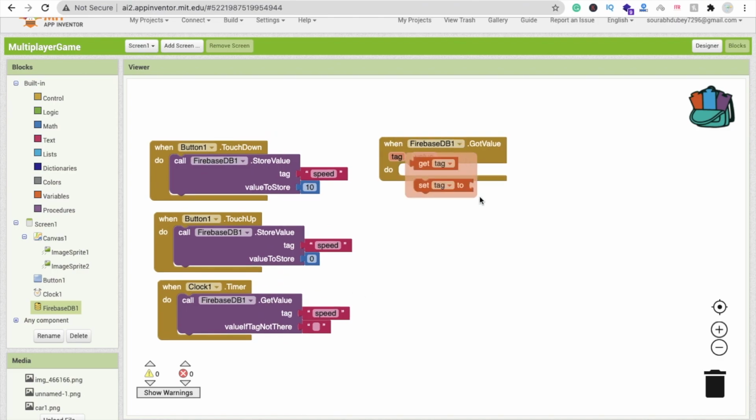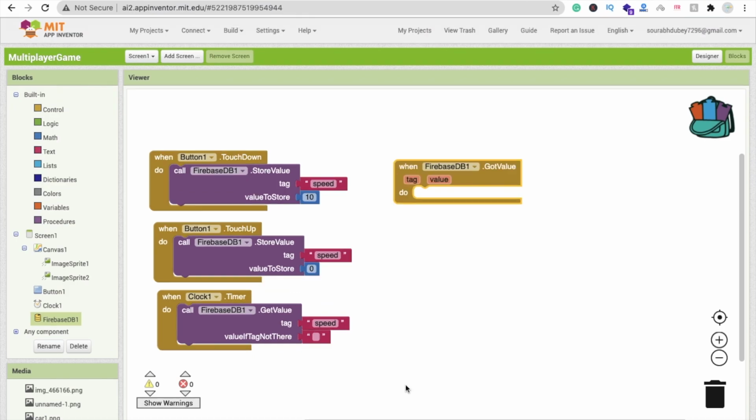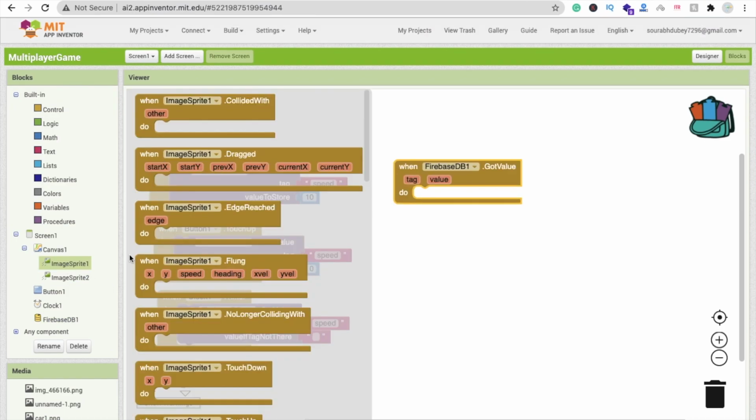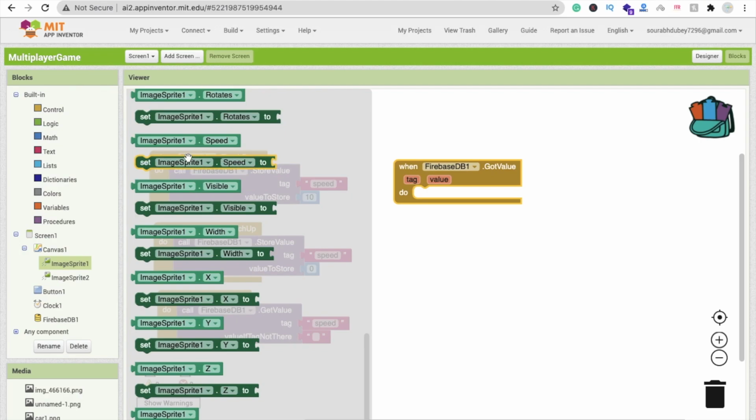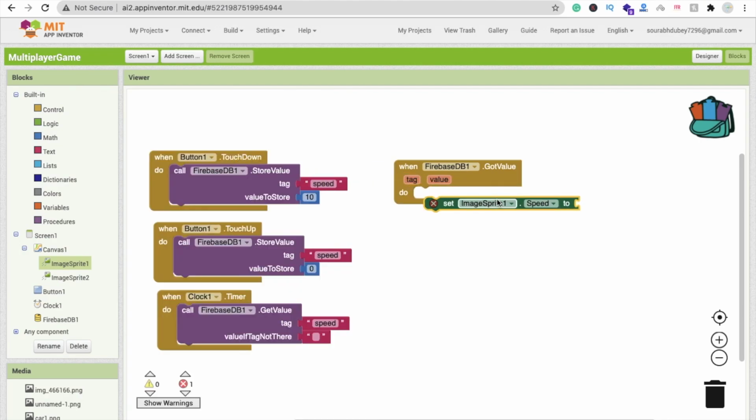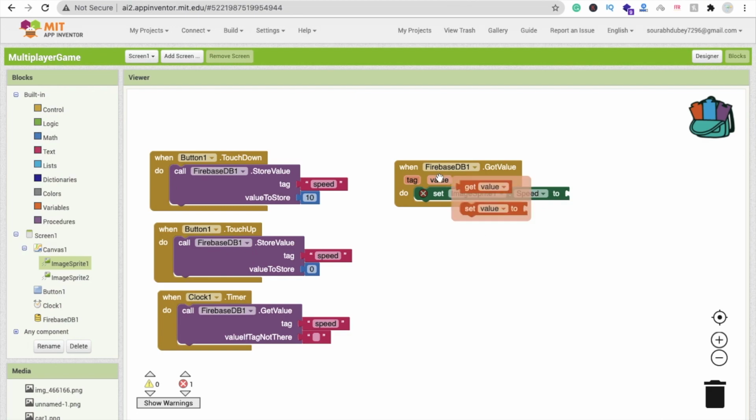Okay, so whenever Firebase TV got value, then we have to set this image split one dot speed. This should be, we will get from the value, right, this one.